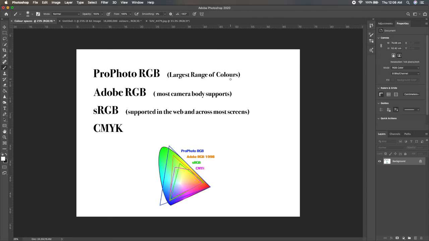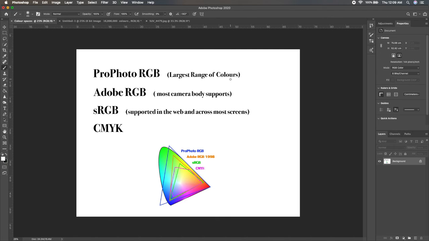Now talking about the con, this color space cannot be shown on any screen in the world. This comes to the conclusion that when you can't see the colors that you click, what is the point of it? What is the profit that you get from it? Let's see it like this. In a raw photo, when you click the photograph, you always think that you have to get a huge range of colors with which you can play, you can blend, you can do whatever you want, but you need to have those colors.